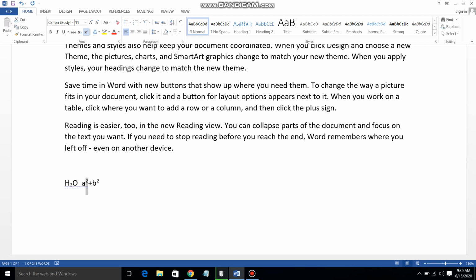Okay, so this is a superscript, and this one is a subscript. H2O is a subscript. Understand? So we get this kind of superscript and subscript.